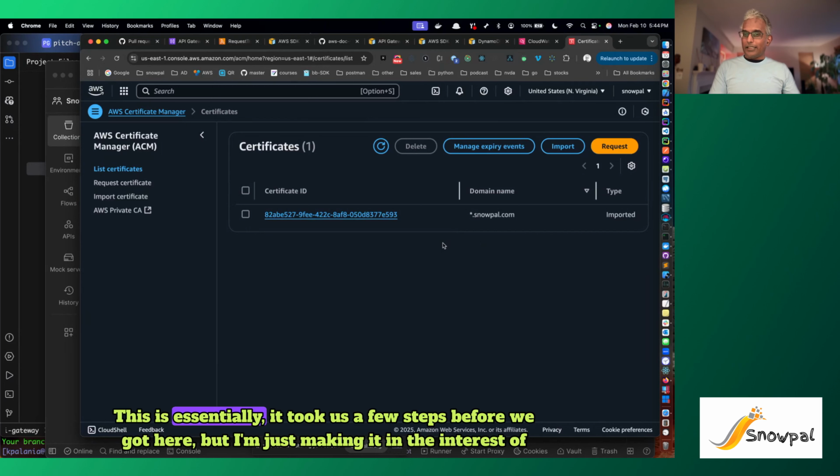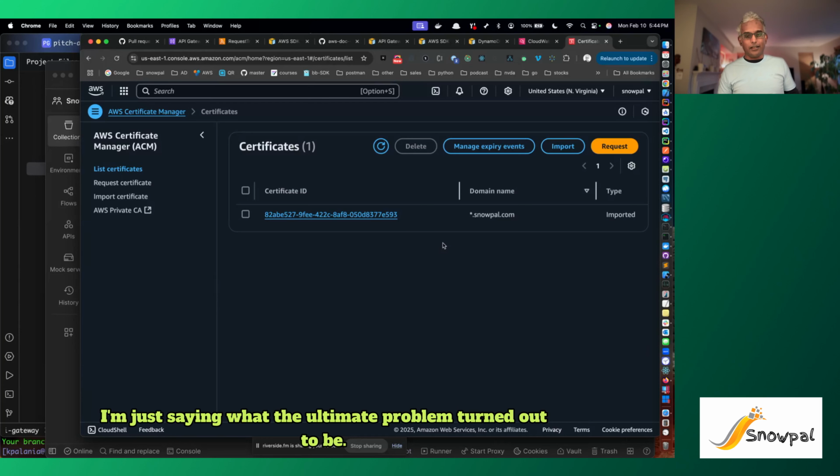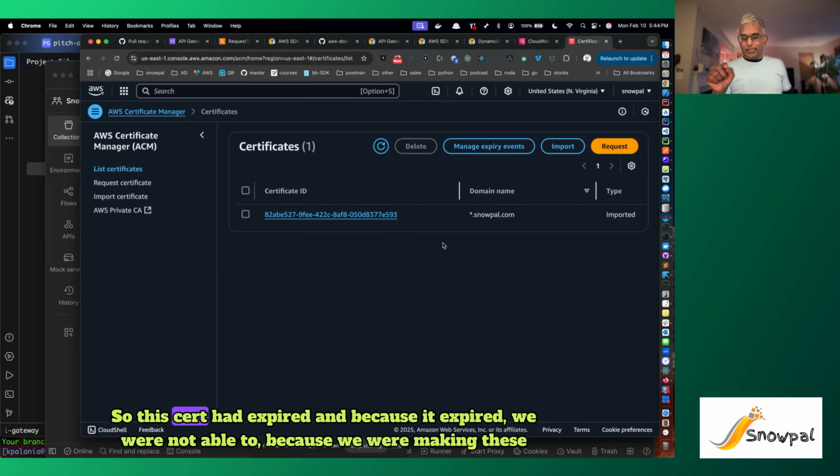It took us a few steps before we got here, but I'm just saying, in the interest of expediency, what the ultimate problem turned out to be. And we'll talk more about all the related peripheral areas here. So this cert had expired, and because it expired, we were not able to, because we were making these requests